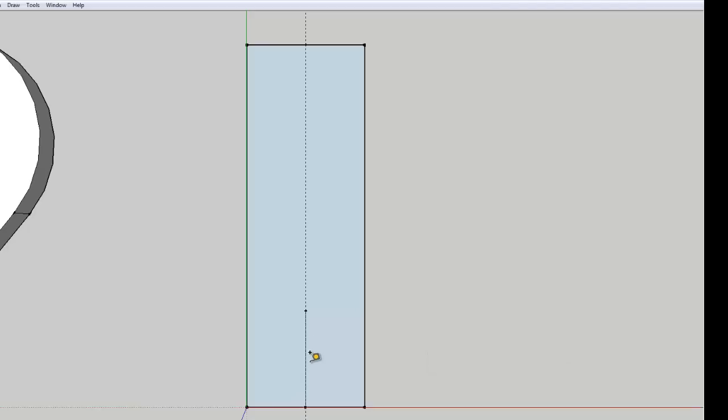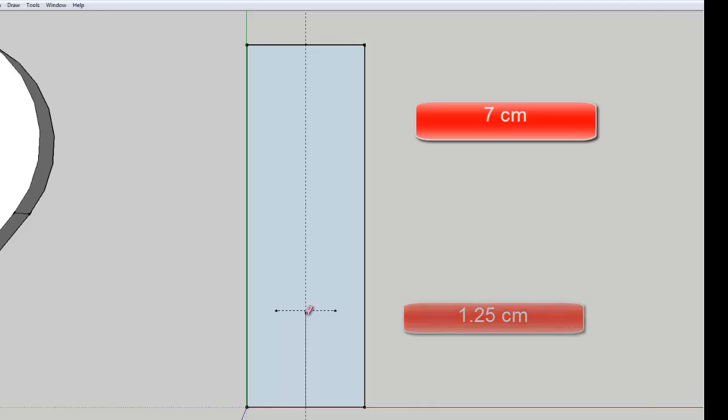Then I want you to go sideways from that 4 centimeter mark, 1.25, enter. Do the same on the other side, 1.25, enter. Now turn on your line. That mark that you have there, that 4 centimeter mark,